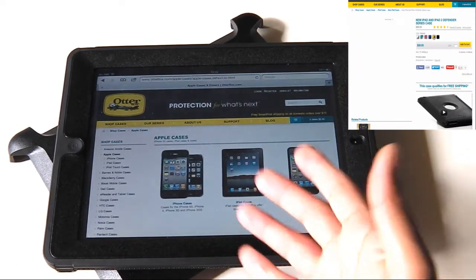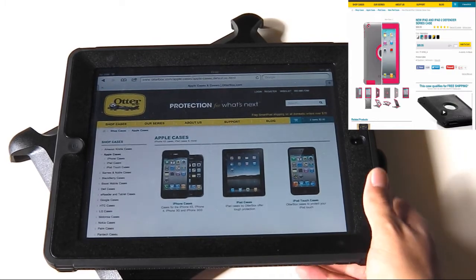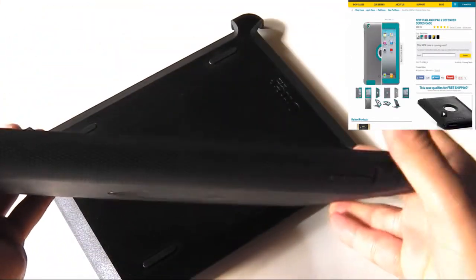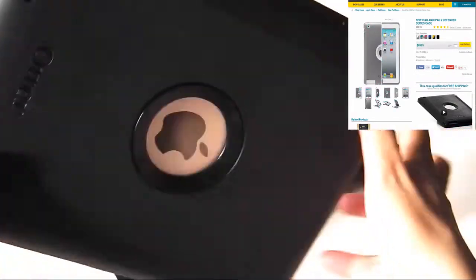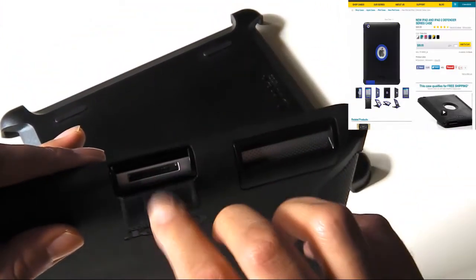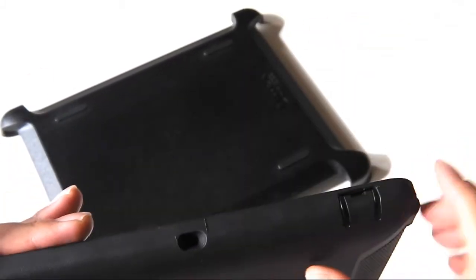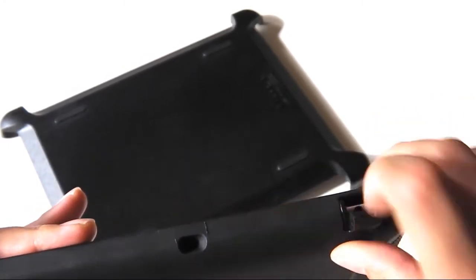So I quickly showed you the different components of the case. Now let's see how it looks with the iPad in it. Basically, as you can see, the iPad is fully protected. You have access to all your ports, and they also are protected. Your speaker and your charging port, they're also protected, and you can access your headphone jack from here,